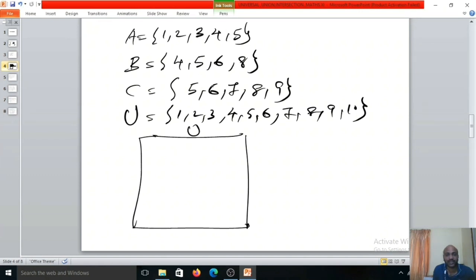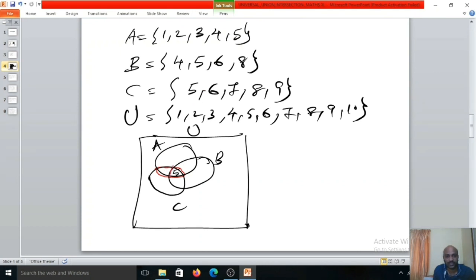When we consider these three sets, 5 is common in all of them. That means there should be one common region for all the three sets, that we can draw like this. So set A, set B, set C. This is the common region. In this region you have to write the common element 5. Now what about this region? This one is common region of A and C. The element common to A and C is only 5. So we need not write any element here.